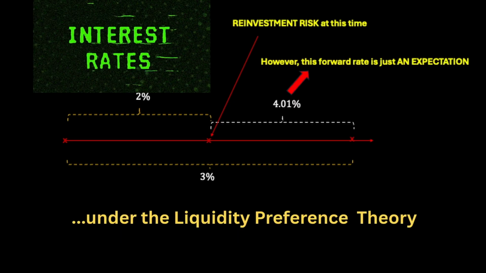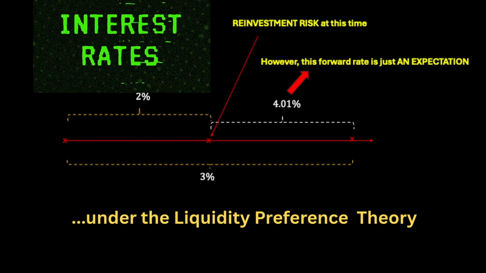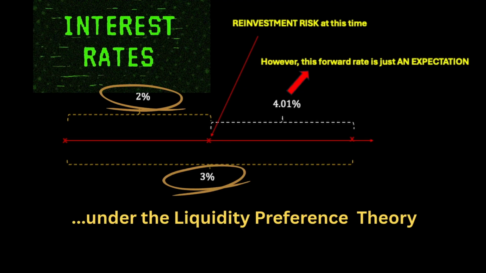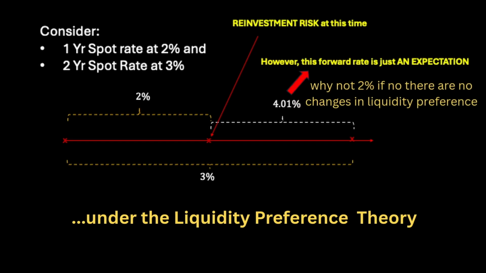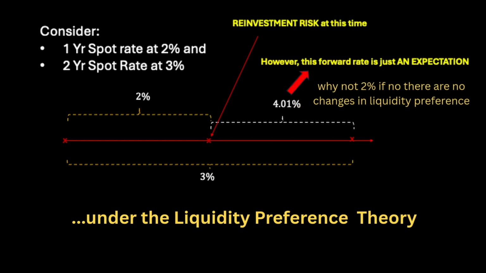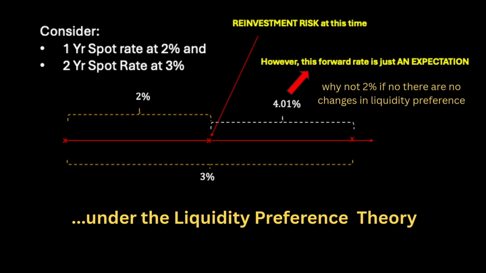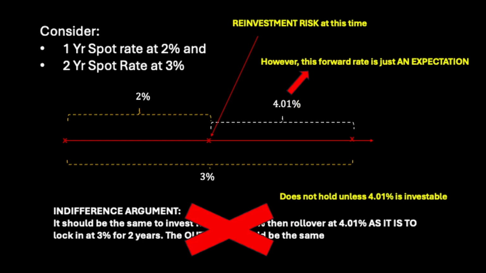In fact, if the liquidity preference theory holds, then what's to stop the expectation that if now markets prefer 2% for a 1-year rate and 3% for a 2-year rate, why would the 1-year rate in a year's time be suddenly 4% instead of still 2%? Does that mean the 2-year rate is way higher than 4% for the liquidity preference theory to still hold by then? So as you can see, these are all speculative,